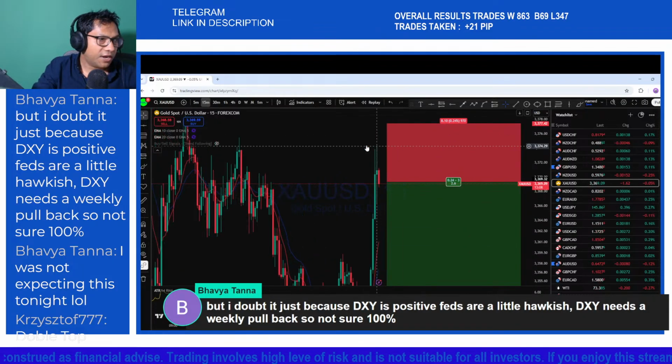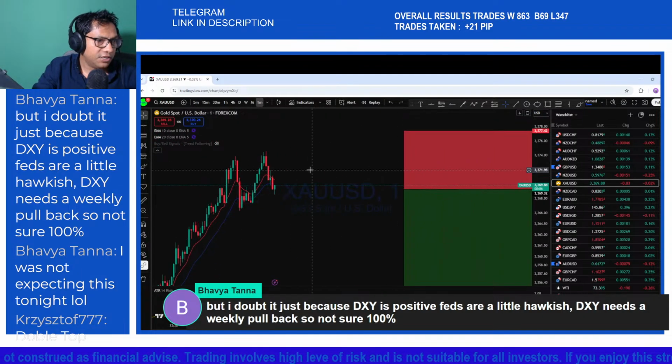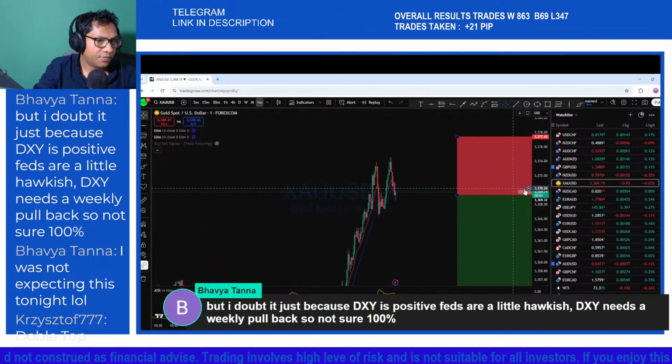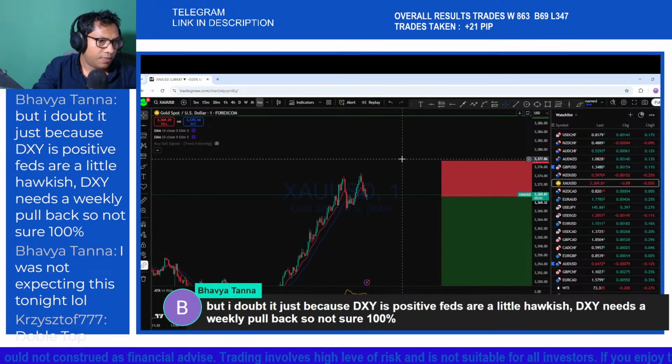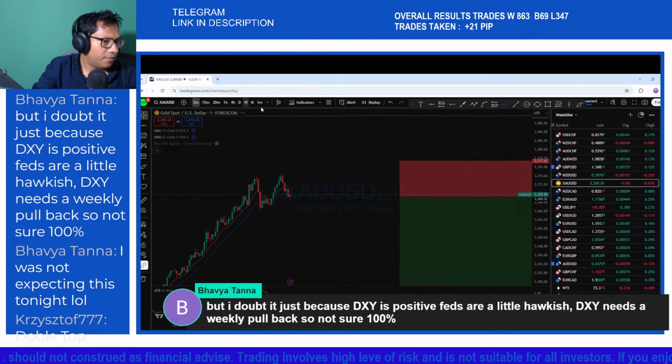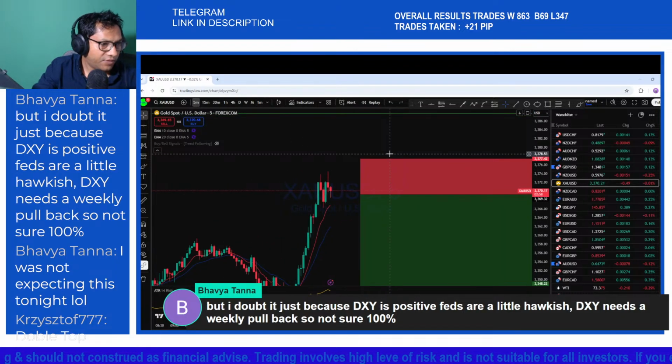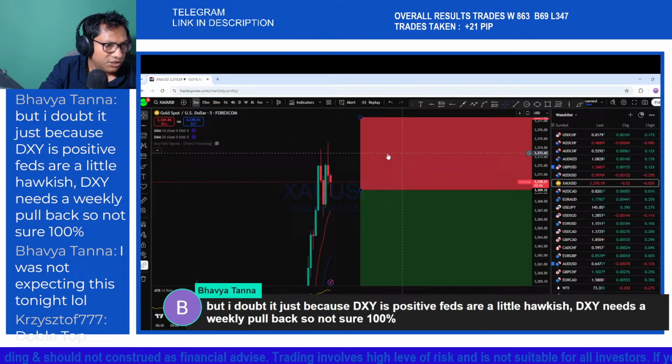Here you can see the market so far in this area. This is the 5 minutes. After a 5 minutes pin bar here,